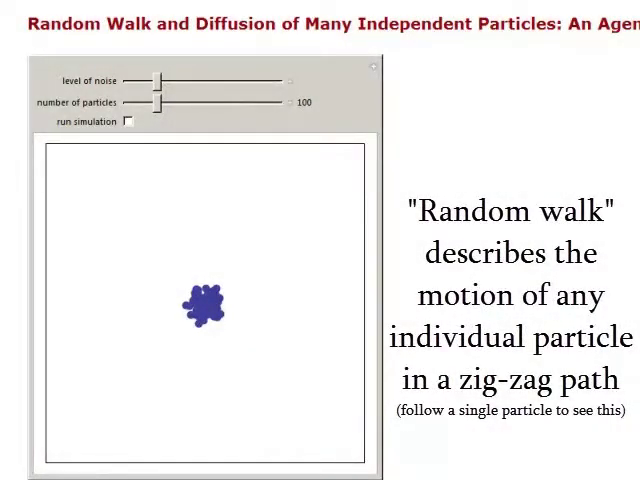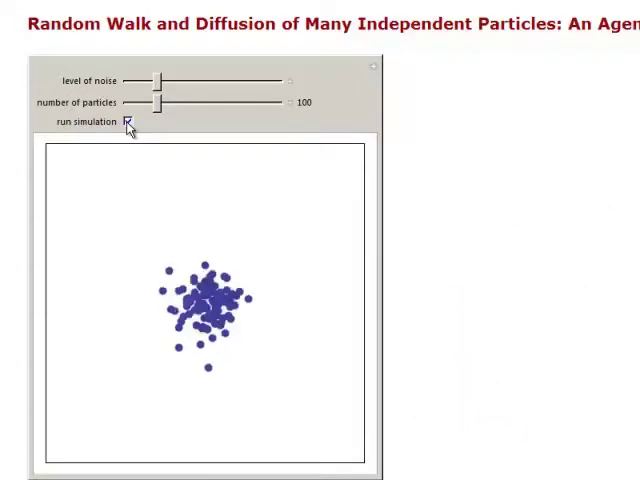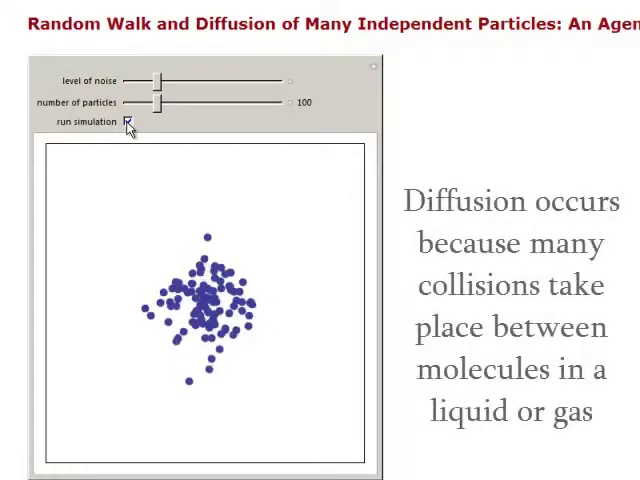This simulation also from Mathematica shows a random walk or diffusion of many independent particles. In this case, we have 100 particles inside a box, and as we start the animation, we're going to see them move away from each other. That's because each one of the blue particles here undergoes what's called a random walk. In other words, it's able to move about the container in whatever way it chooses. And so as we run the simulation, we'll see